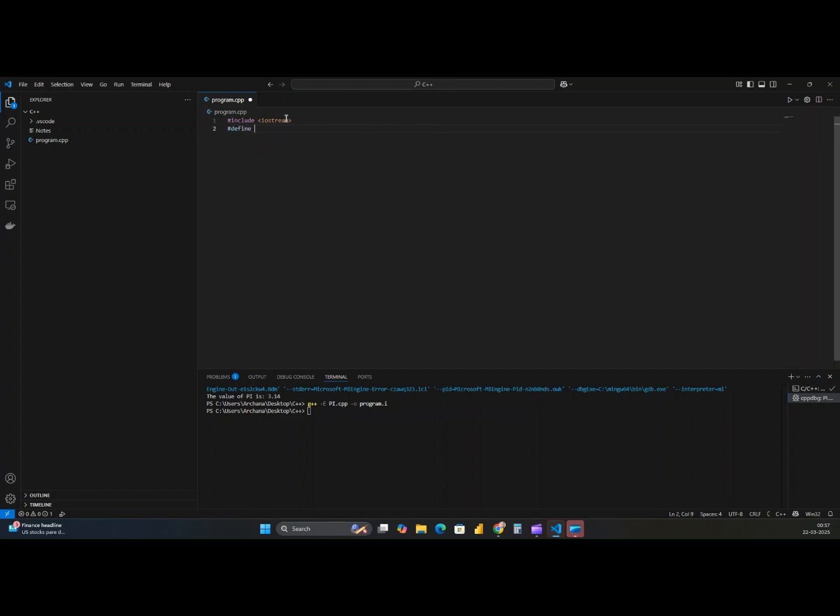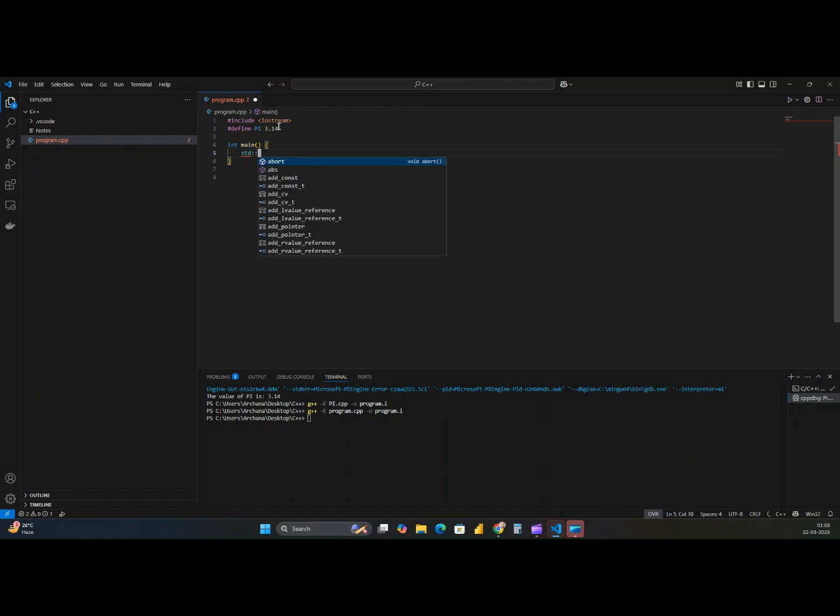It is defining a macro, the value of PI is equal to 3.14. int main, std::cout, the value of PI is: PI, std::endl, then return 0.